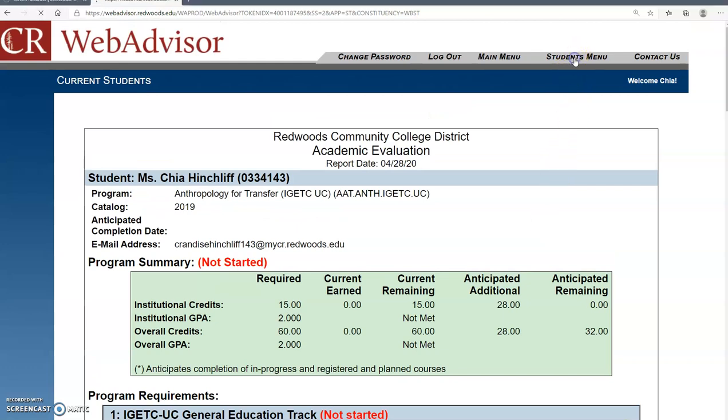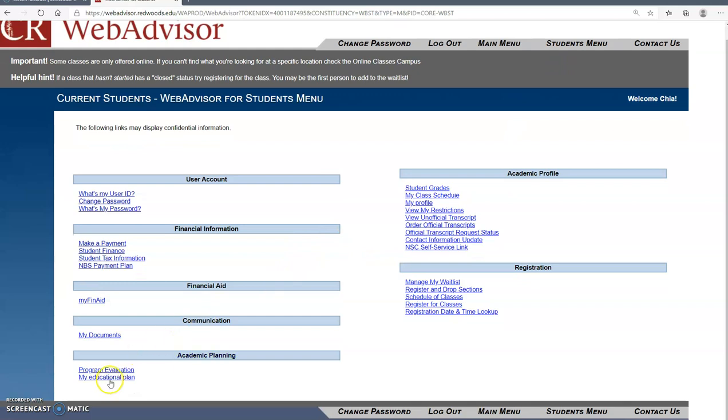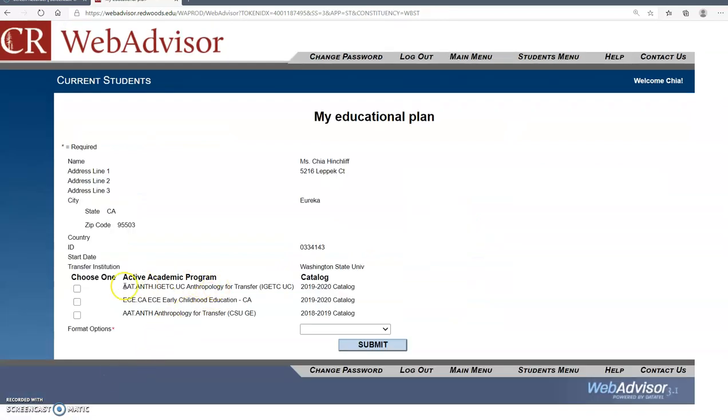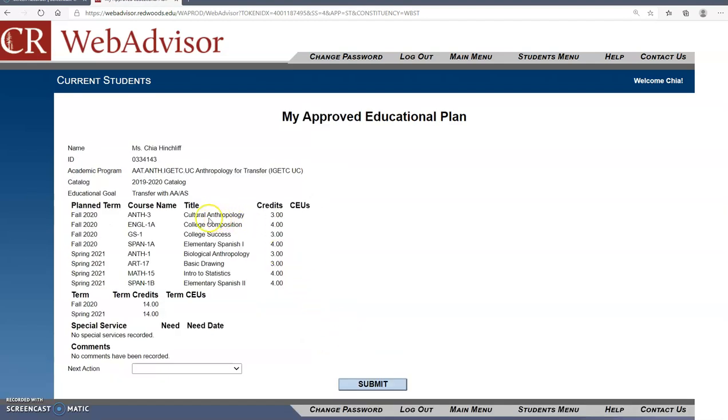If you select the student menu and then my educational plan and then select anthropology and plan courses only, you can see where I have created a student educational plan with an advisor or counselor. My fall classes are all planned out, and my spring classes are planned out as well. It shows for each semester how many units that you were planning to take. It looks like in fall of 2020, I have 14 units selected, and in spring of 2021, I have another